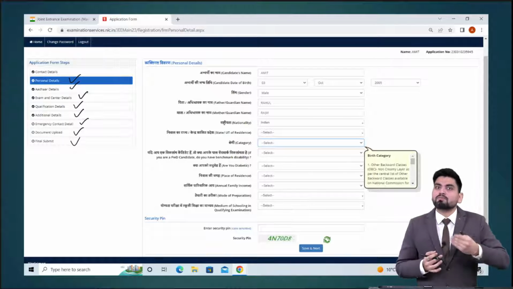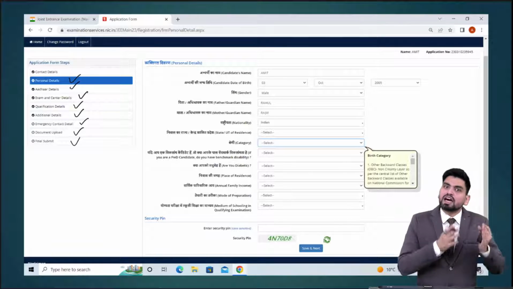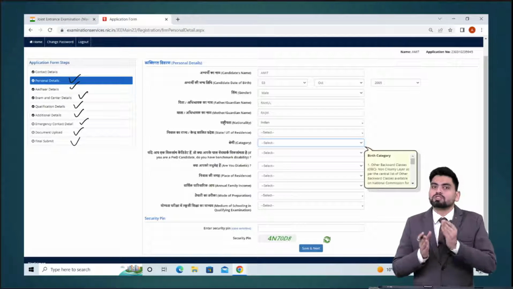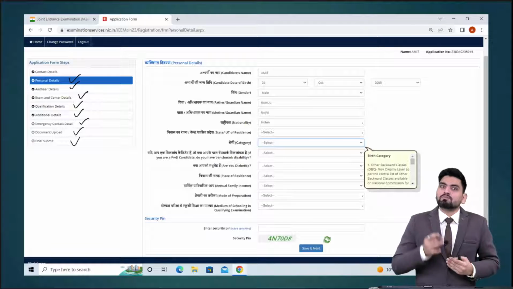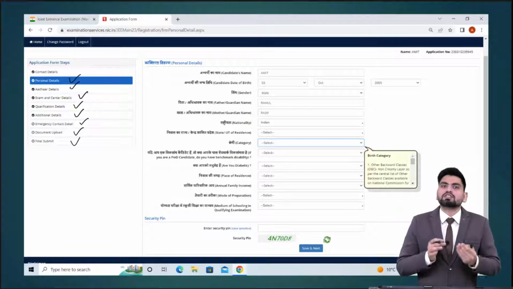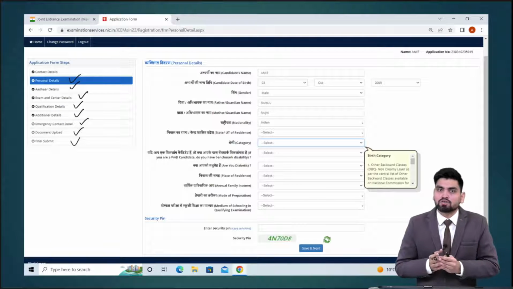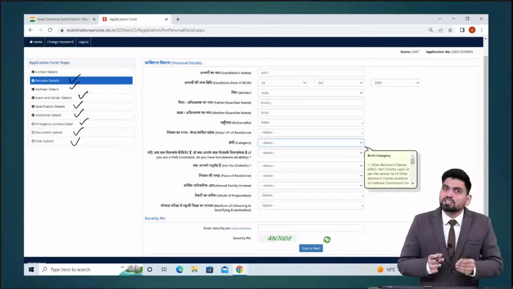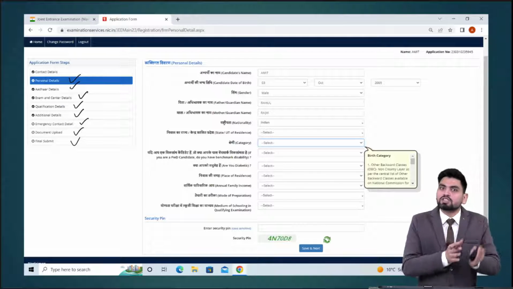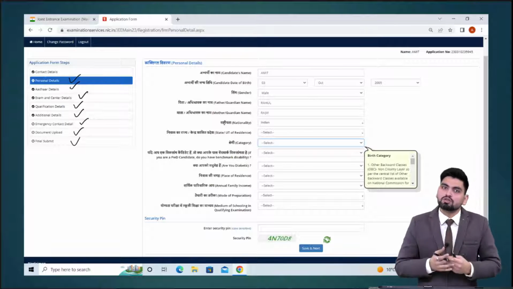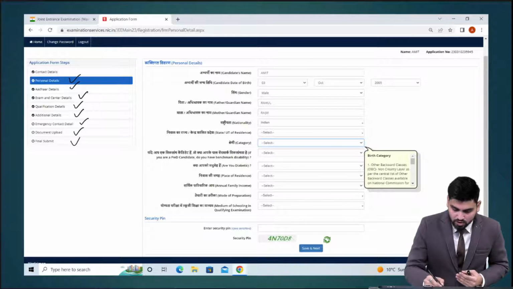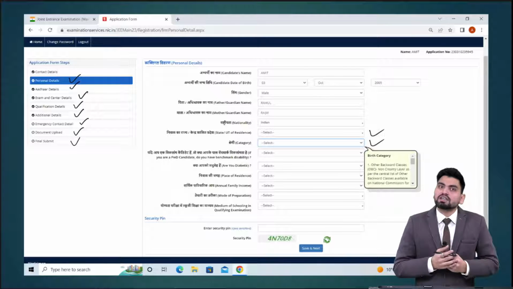For example, if I complete my 12th class from Gujarat, then I will be eligible for the NIT Surat home state quota, because Surat comes under Gujarat state. If I complete my 12th class from Maharashtra, then I will be eligible for NIT Nagpur home state quota, right? So NTA is asking here for UT of residence or state of residence, meaning the state from which you have completed or are appearing for your 12th class, right? This was very important. Then the next is the category.